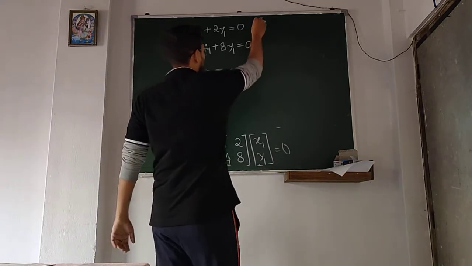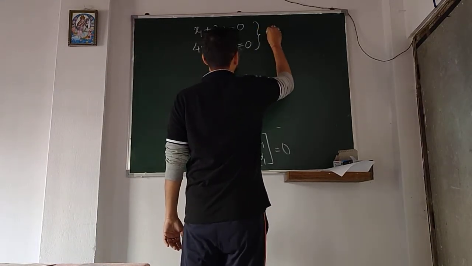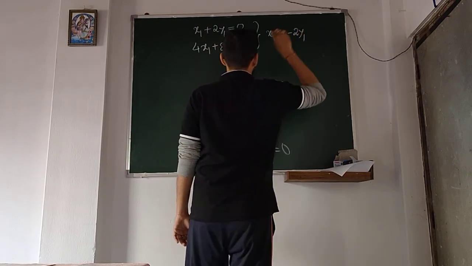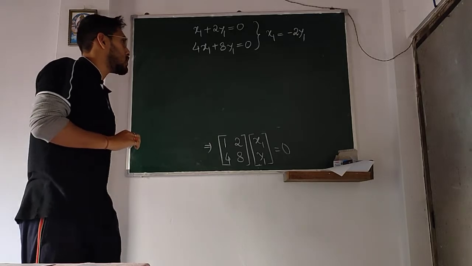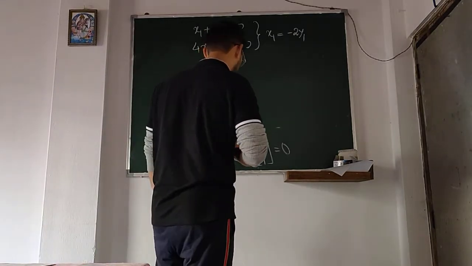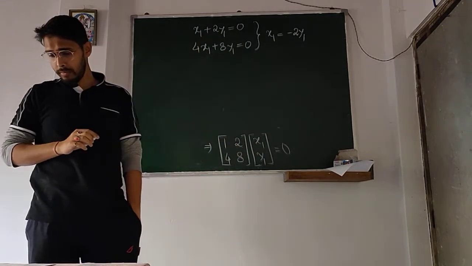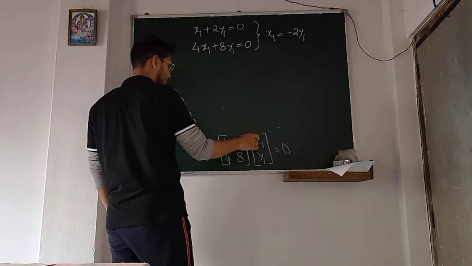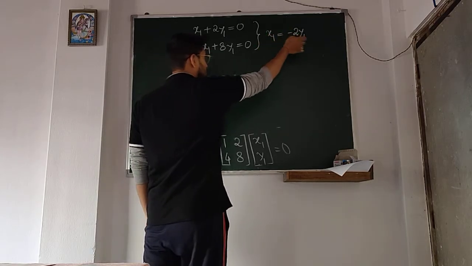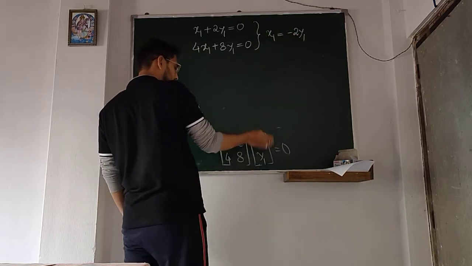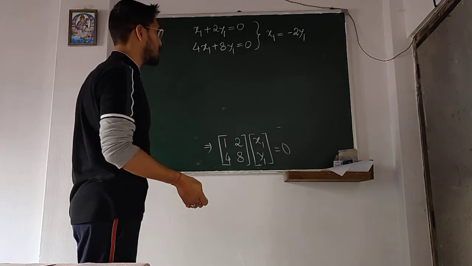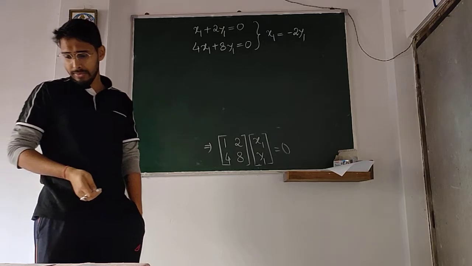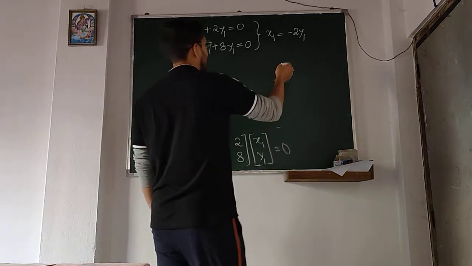So from both of these equations, we can conclude a common thing, which is x1 equals minus 2y1, isn't it? x1 equals minus 2y1. We can conclude this from the following. So if I put now the values of x1 and y1 in any of the terms, we can put it like this, where we can tally it with a value